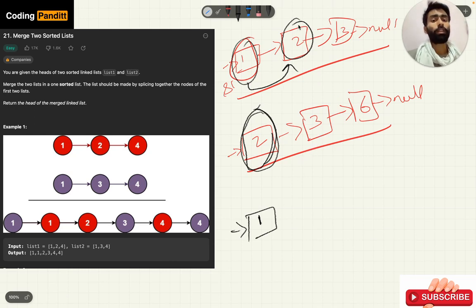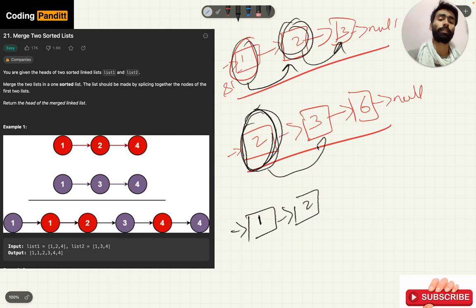So now any of the two can be selected, so we will select this one and again increment the pointer. After this, now this element is smaller, so we will select this element and increment the pointer. Again we will compare these two and select this one because they have the same value and we can choose any of them.